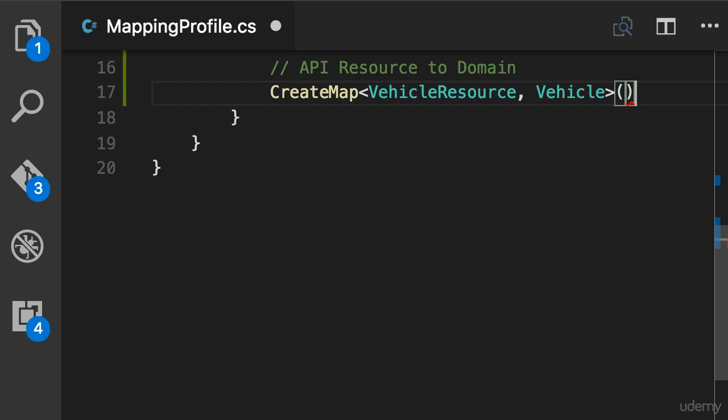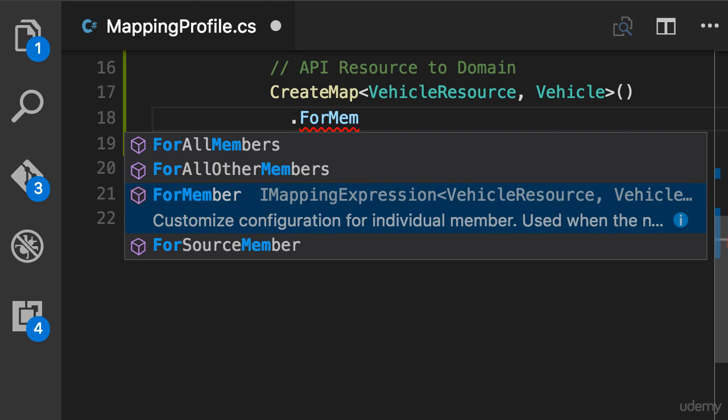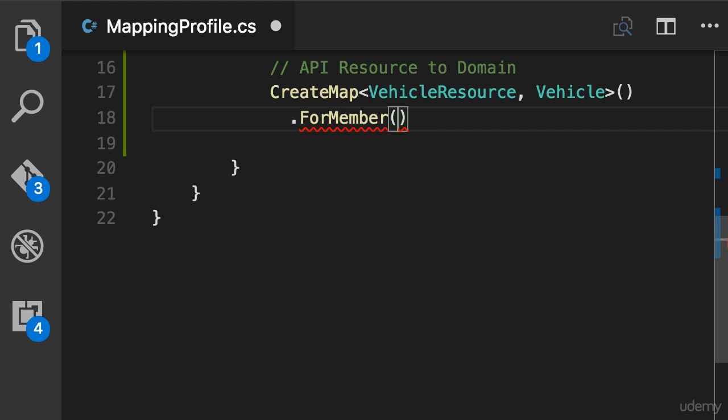Now here we need to supply additional configuration for this map because the shape of our domain class is different from the shape of our API resource. So before adding semicolon here, we add a dot to chain different methods. We use the forMember method. The first argument to this method is a lambda expression that identifies the target object. So v, as in vehicle, goes to